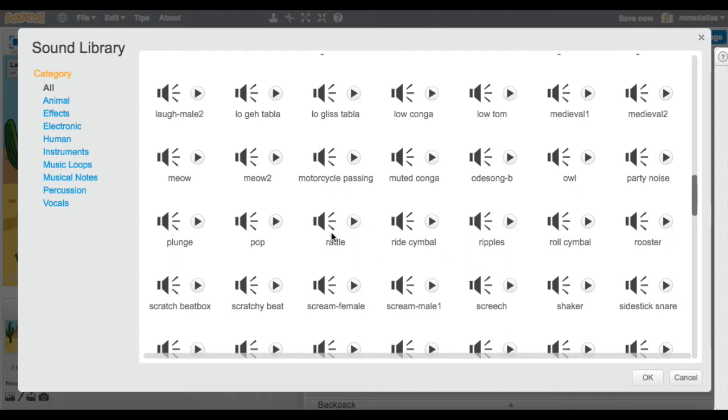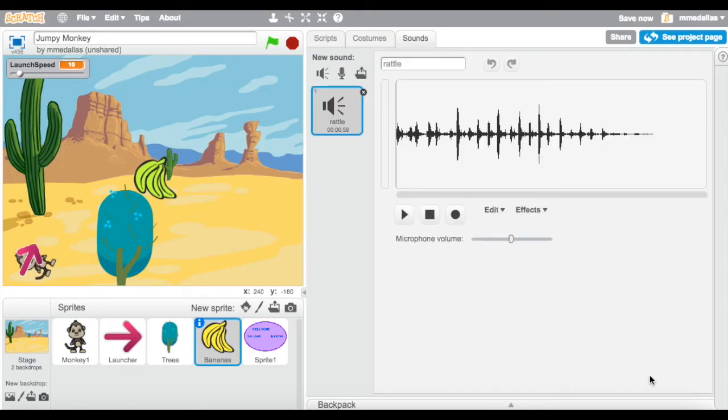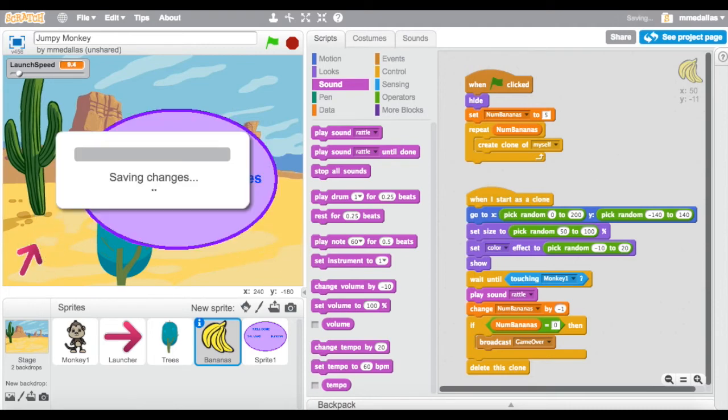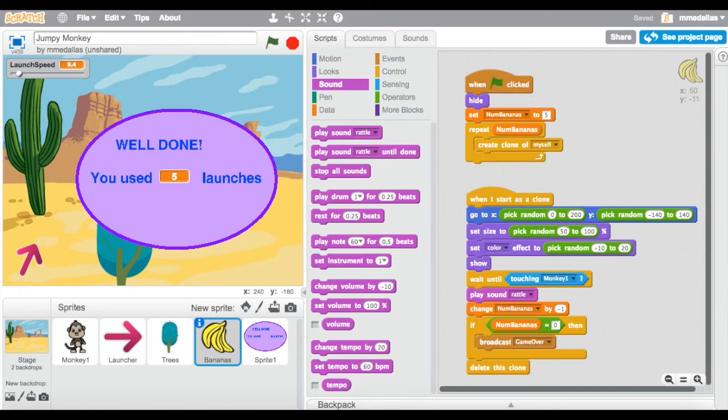How about the rattle, since I am in a desert? Okay. Go back to your scripts, pull it from the drop down, and now we are ready to get some sounds. Ooh, of course, gotta change my launch. There we go. So that is the monkey launch. Very similar to your